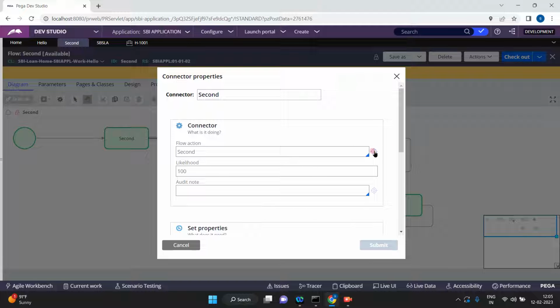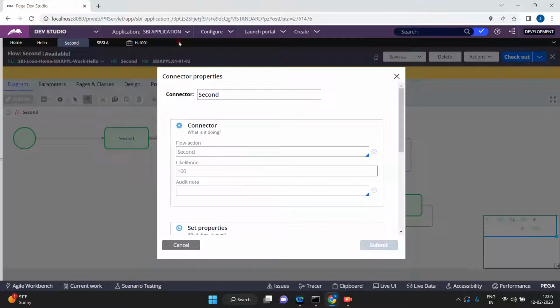There are no sections. I mean to say there are no sections. If you open that, I did not create any flow actions. That's why. And the next assignment is